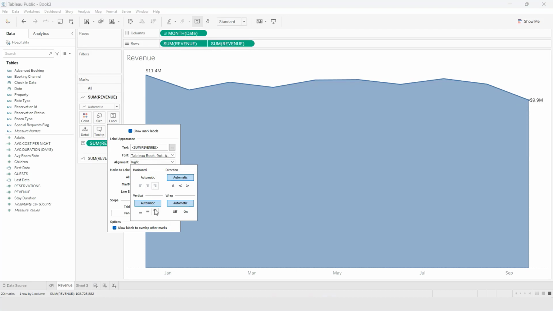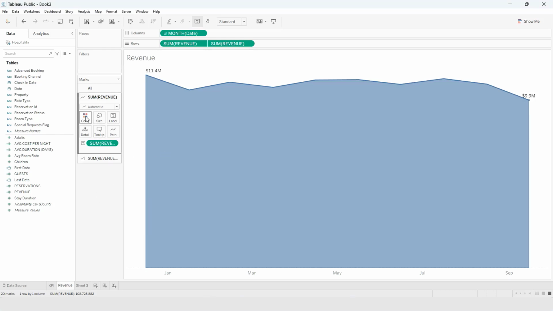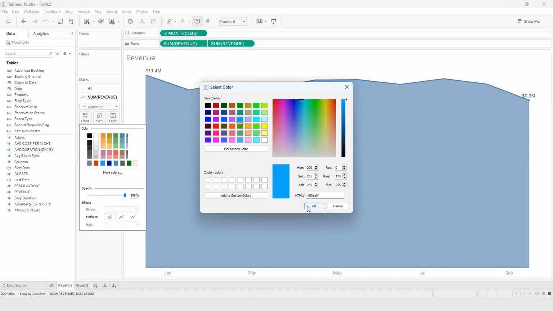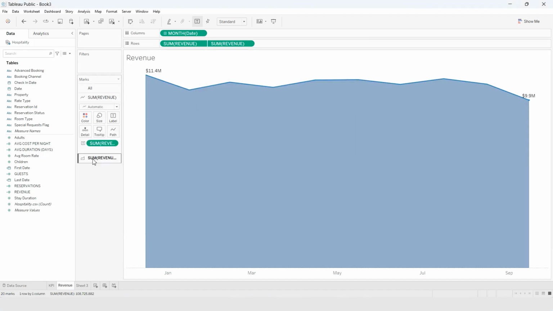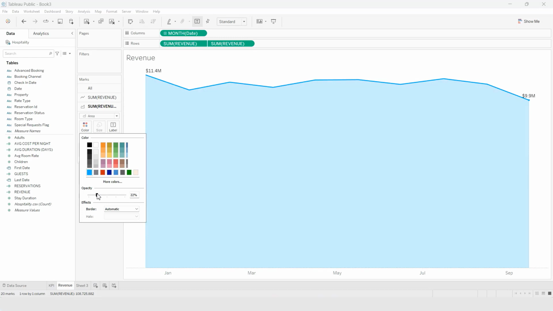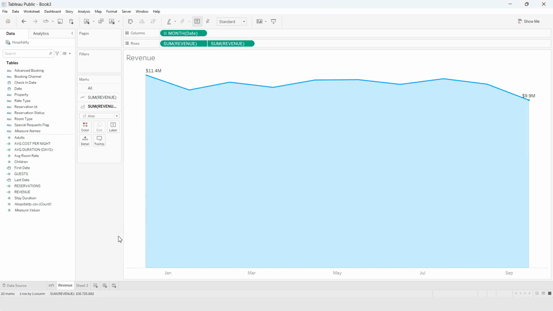Okay, so let's bring the label to the middle. I'm selecting top right, so this I have it, I can bring it to the middle. So this one is for the position on the top, and this is in the middle. Now let's change the color. This looks something like this. Okay, and same for the area. However, let's make it a little lighter. I take it 22, and